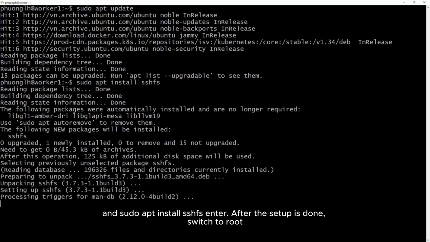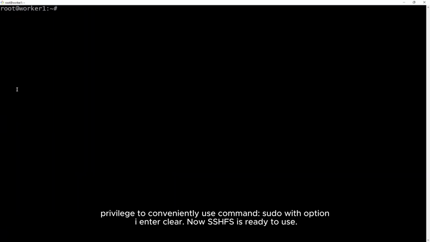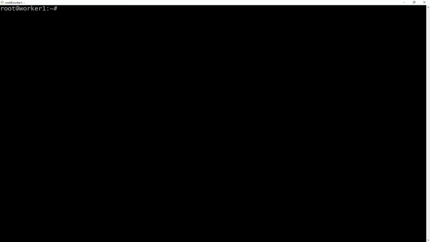After the setup is done, switch to root privilege to conveniently use commands: sudo with option -i, enter, clear. Now SSHFS is ready to use.